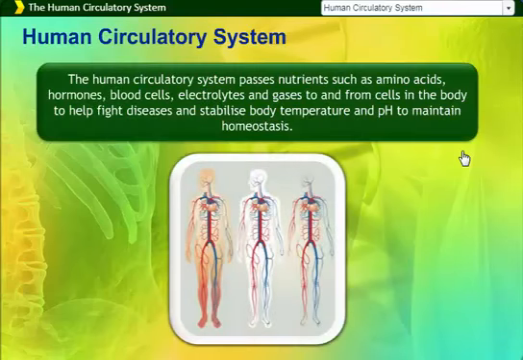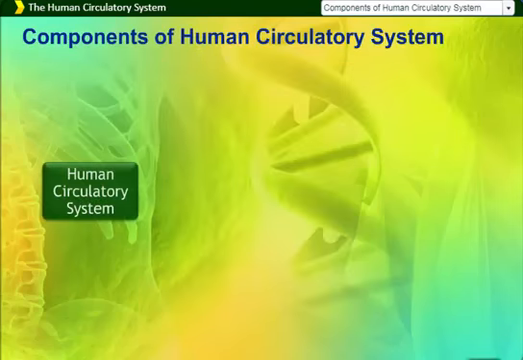The human circulatory system passes nutrients such as amino acids, hormones, blood cells, electrolytes, and gases to and from cells in the body to help fight diseases and stabilize body temperature and pH to maintain homeostasis. The human circulatory system is divided into two parts: